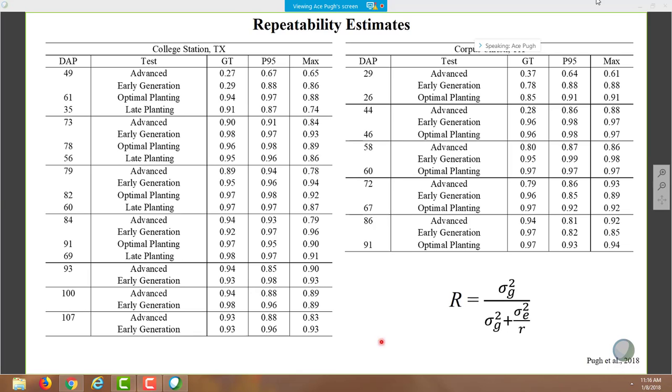Now, the reason that we probably had lower repeatabilities is because the plants were very short then, and they hadn't even emerged from the whorl. So basically, there's so much error involved in those measurements because you're bending down and trying to measure these plants that are waving around in the wind. So I think that's a big part of why those ground truth repeatabilities are so low early on. But overall, the UAVs in both crops were able to stand with the ground truth measurements.